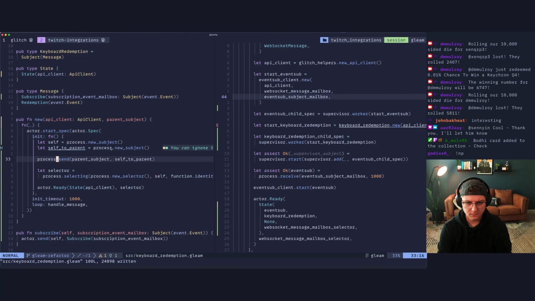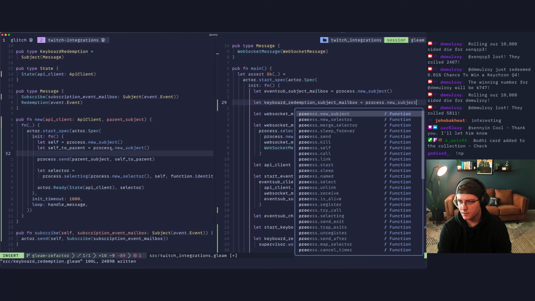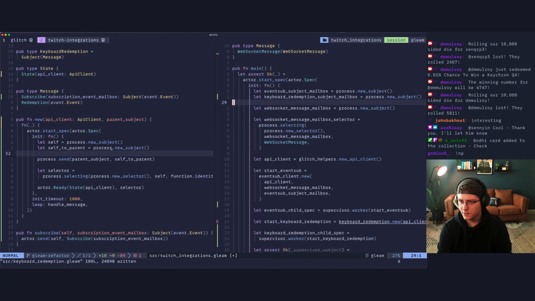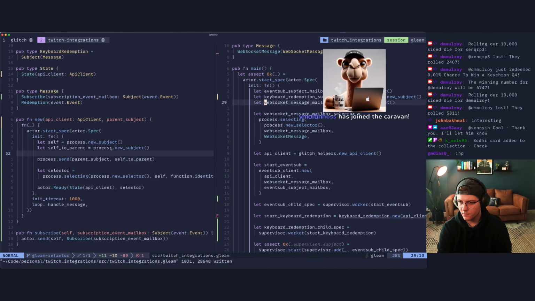And then over here, we need one more mailbox. So this will be let keyboard redemption subject mailbox equals process.new_subject. Consolidate those.